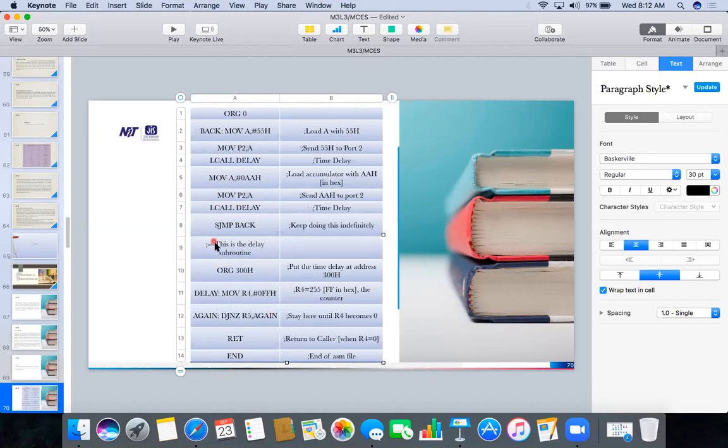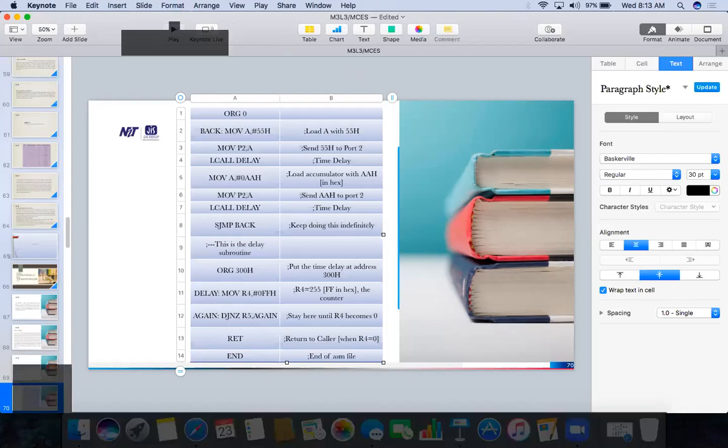But as this program is doing it indefinitely, it will not come to the end at all. Because if there is a provision for ending the program, then only it comes to the end. As there is no stop indication, it will keep on continuing the program. So again we are going back.